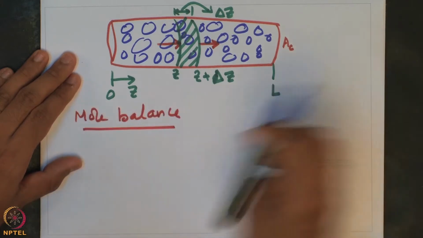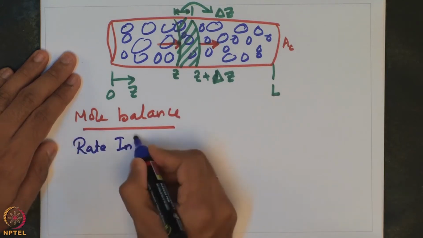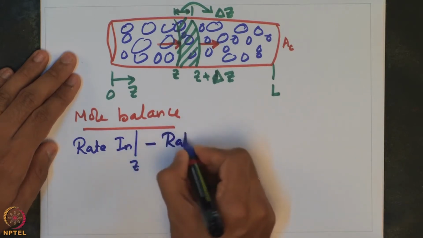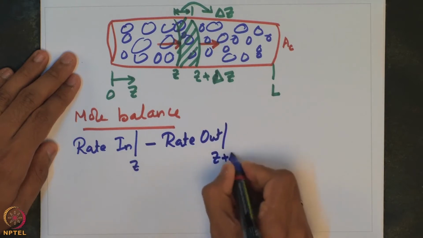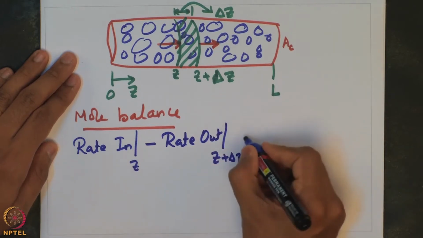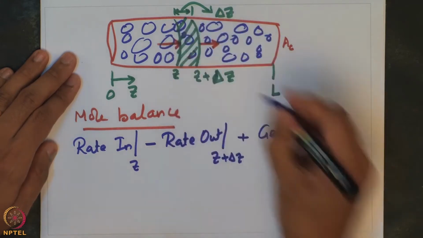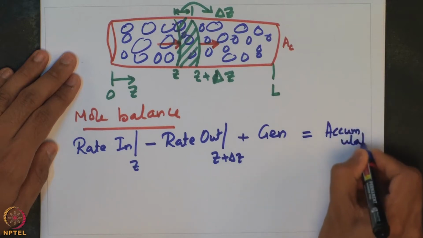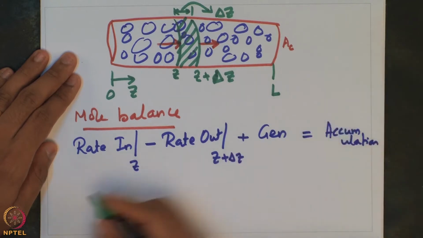The mole balance is the rate at which the species is entering at Z minus the rate at which the species is leaving at Z plus delta Z, plus whatever is generated in that control volume, that should be equal to accumulation. So, this is the mole balance, and suppose we assume steady state,